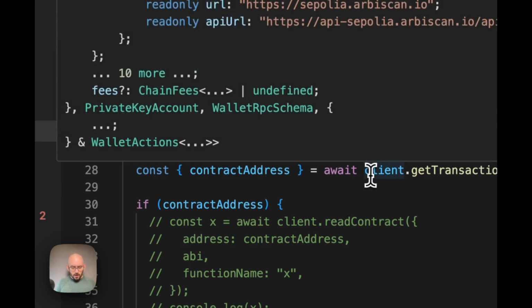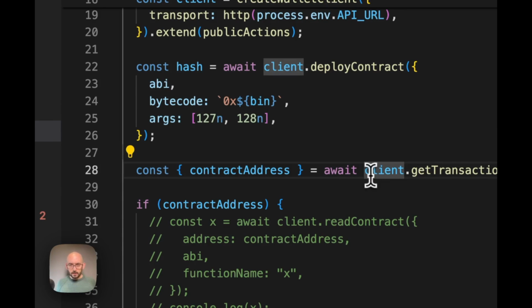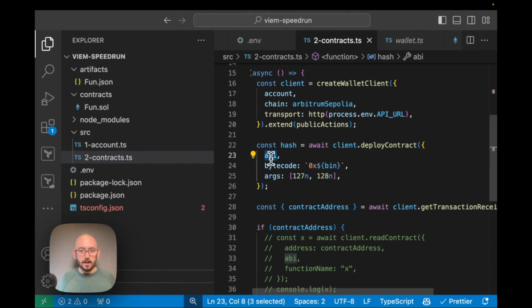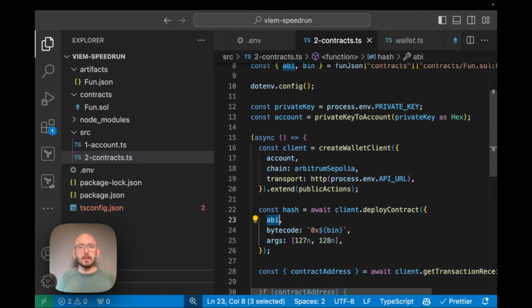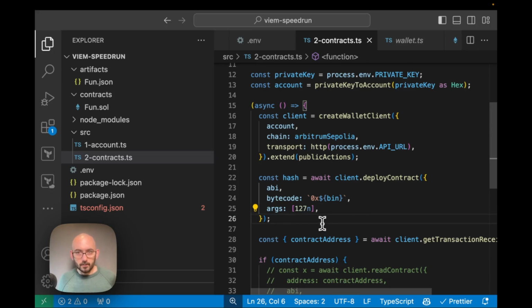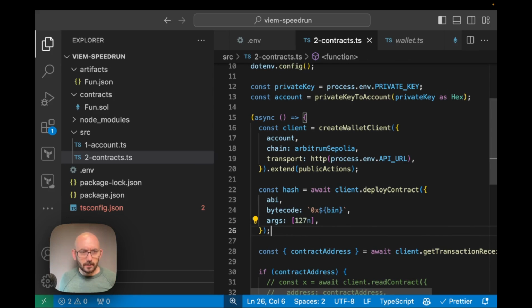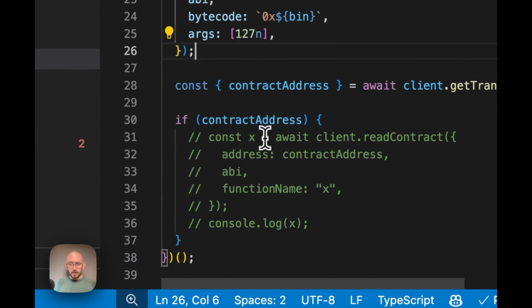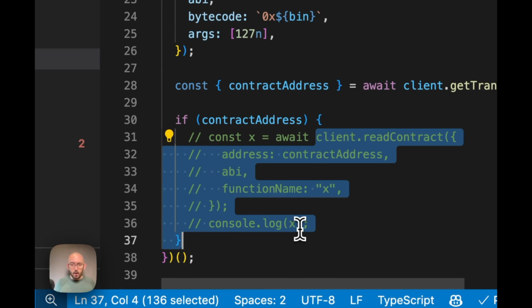And then, if it's actually parsing this, maybe it would tell me that two arguments is invalid. Sometimes you'll get that compile time verification depending on whether the ABI is available in the right spot. In this case, because we're parsing it as JSON, I don't think we're actually getting that type inference, which is unfortunate. But that's what you get sometimes. I think that's something that's actively being worked on, so you might get it in the future. Maybe you're already getting it by the time this video has come out. So anyway, 127n is something we could pass in there. That's going to be our constructor argument, and then we're going to read this, and hopefully we will get back